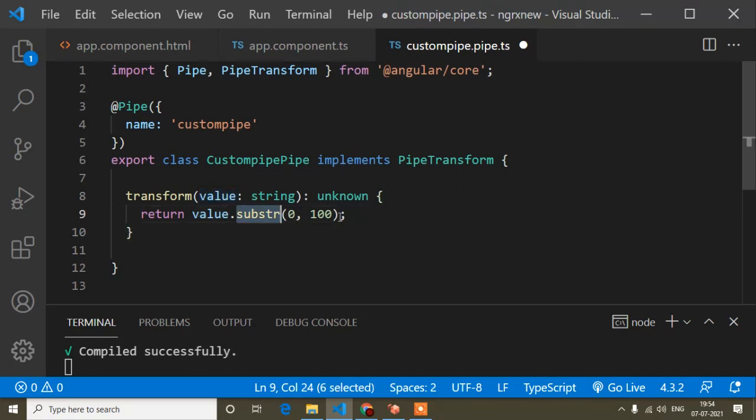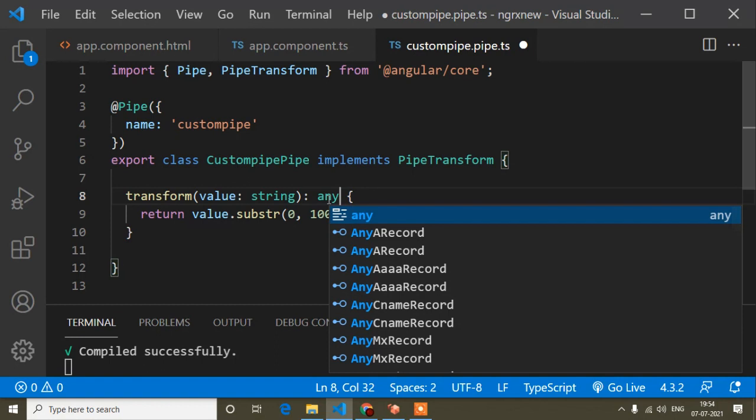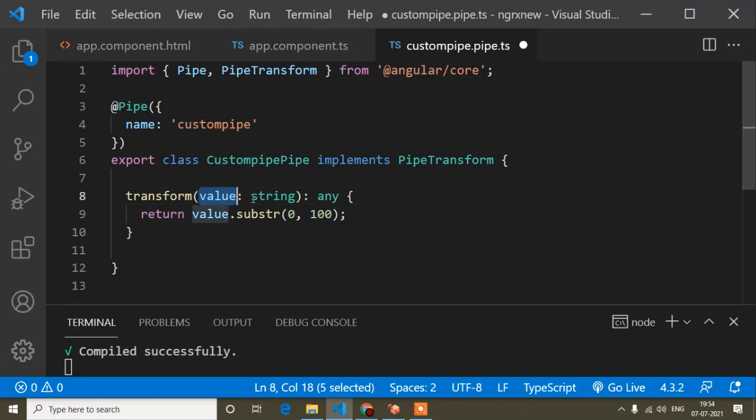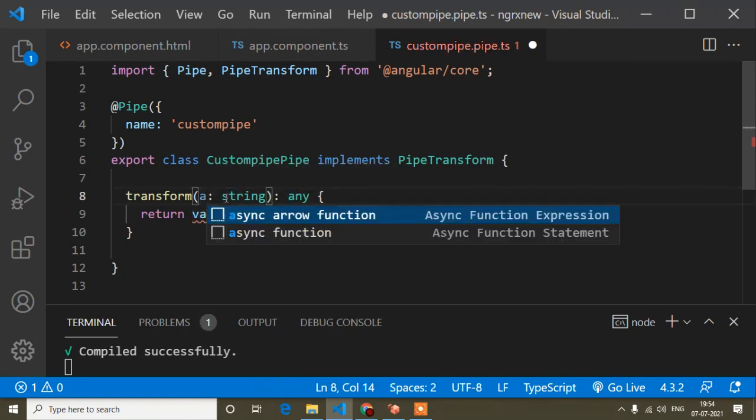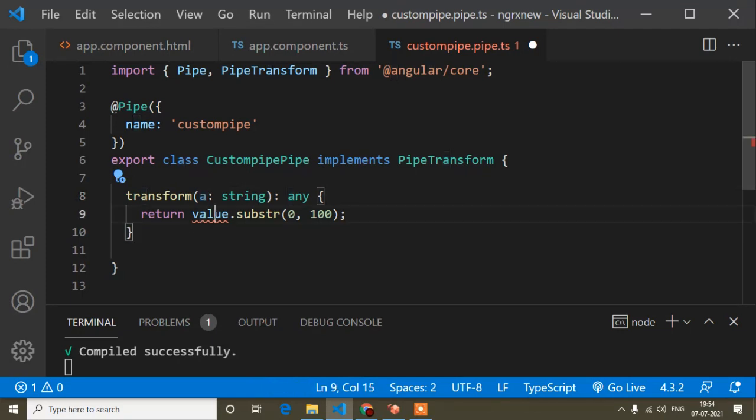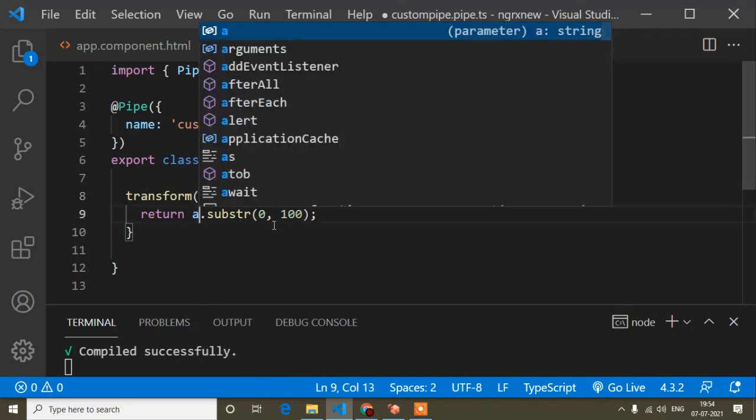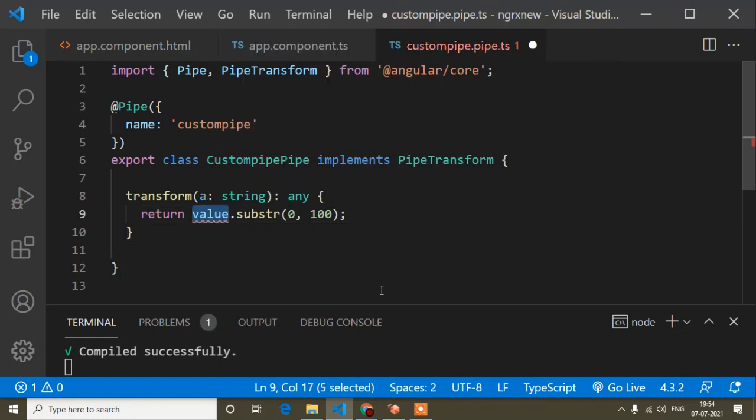I will use this substr method. And here the type is unknown also, so I will write the type as any. Any means here you can pass string value, number value also. Since I am using string in this value, you can write string also, but I have written any. So now the error is removed. And one thing I want to clear: this one is the parameter, so the parameter name you can write as per your choice. You can pass a, but when you pass a, that parameter name you have to pass here also. I will not change this parameter name, but you can do that. So this one is done.